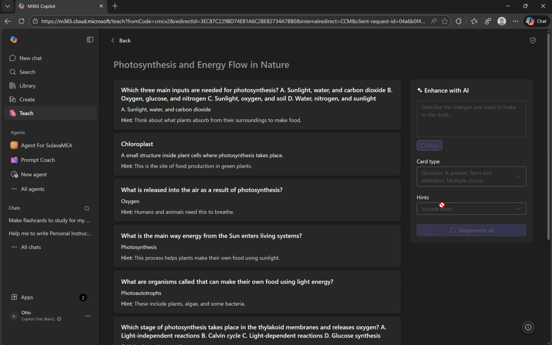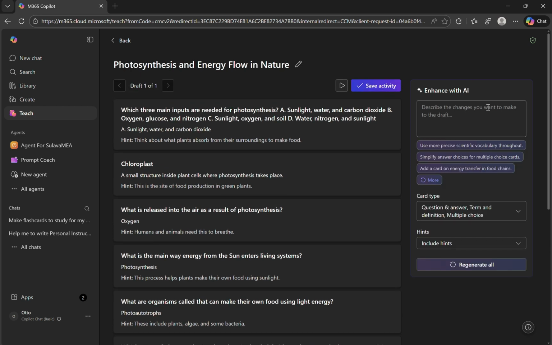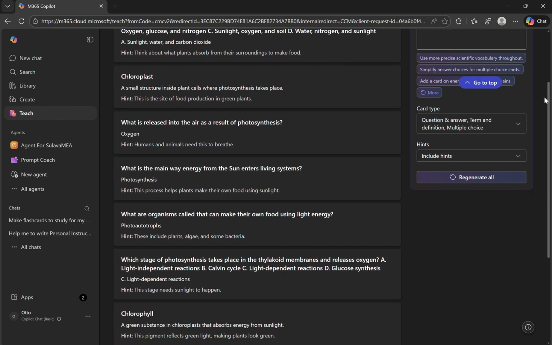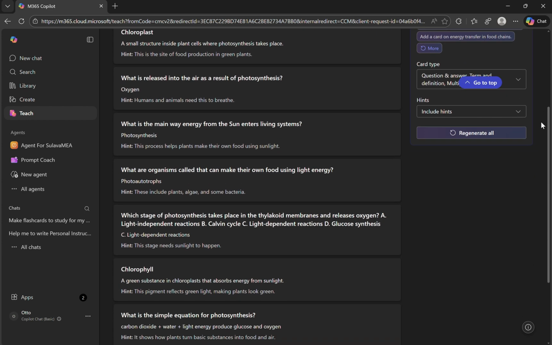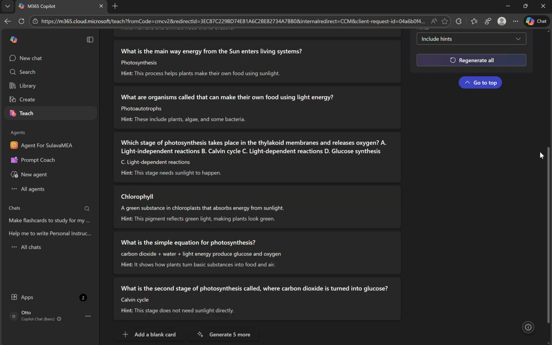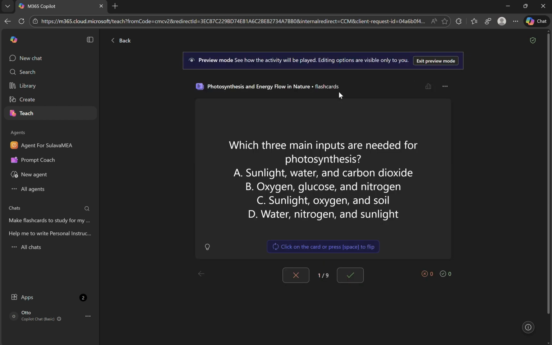When the material has been created, you can go through the questions and you can still modify all of the options that you have there. Or if needed, you can also add your own questions. After you're okay with that, you can even practice it and see how it's going to look for the students.